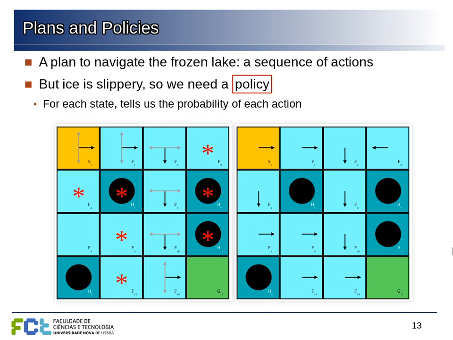The problem is that since the ice is slippery, we may end up in different places where we did not want to go. So having a plan may be sufficient if you have a deterministic system, but if there is some randomness, then you may end up outside what you planned and you no longer have a plan. So in this case, you can see that a plan is not enough.